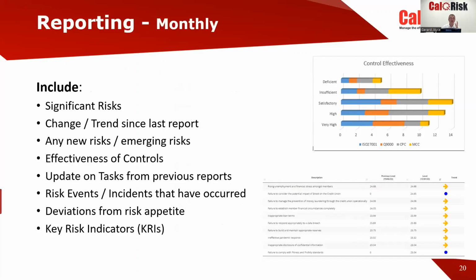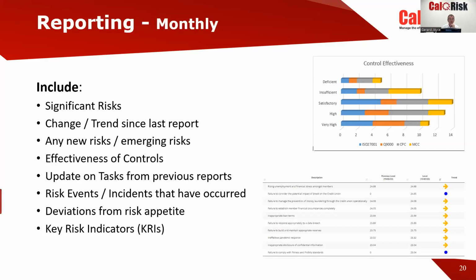So what to include? Significant risks. I would be including just the top 10, maximum 15, but top 10. And you might even take the numbering out of it. I know in some organizations, they remove the rating, because when you get to that level, it doesn't matter if something is number 4 or number 5. They're all risks of concern. Consider it. Trend. Directors want to know, is this getting worse or getting better? My bottom graphic here just shows 2 new risks, the blue dots, and the rest are all the same. If we're getting worse, it'll be a red arrow going up, and getting better, a green arrow going down.